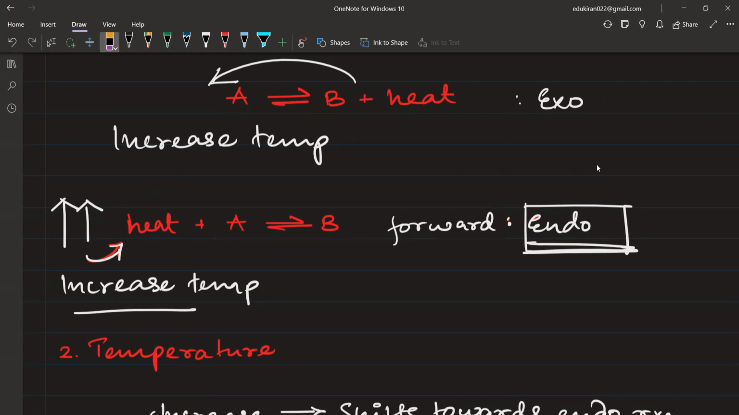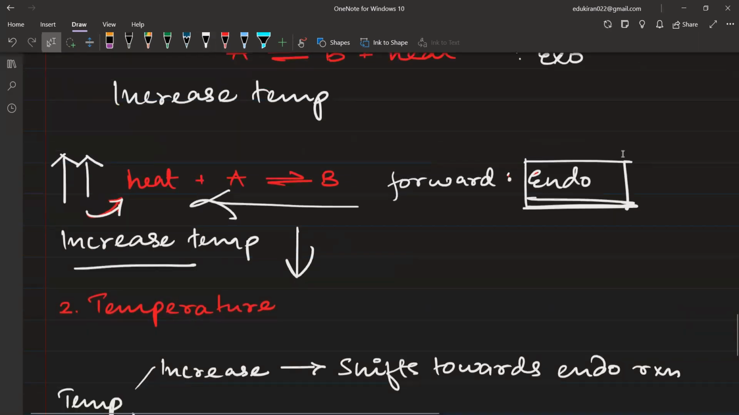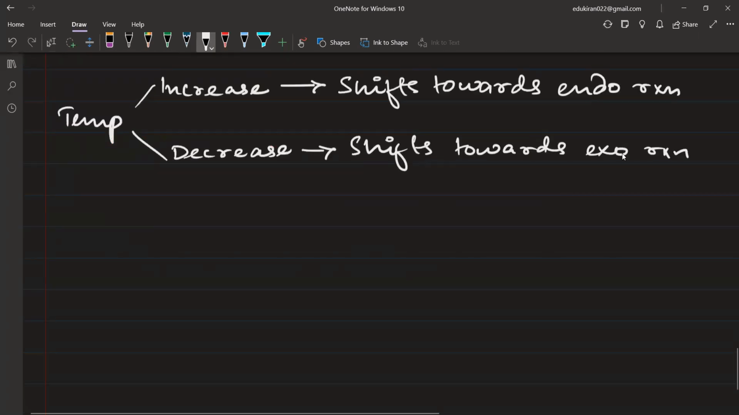तो अगर हम इंक्रीज कर रहे हैं टेम्परेचर तो किधर शिफ्ट हो रहा है? It is shifting towards the endothermic, और अगर आप टेम्परेचर को डिक्रीज कीजिएगा then it will shift in this direction. ठीक है, तो एक्सोथर्मिक की तरफ वो शिफ्ट हो जाएगा. Now if you have an exothermic reaction, तो यहाँ पे टेम्परेचर अगर आप इंक्रीज करेंगे